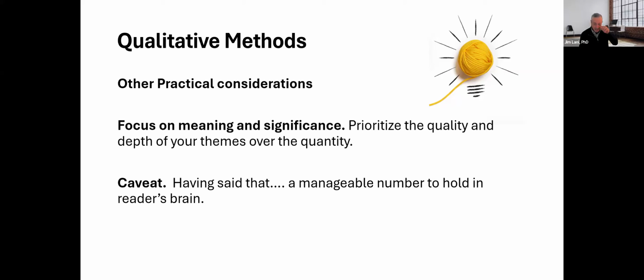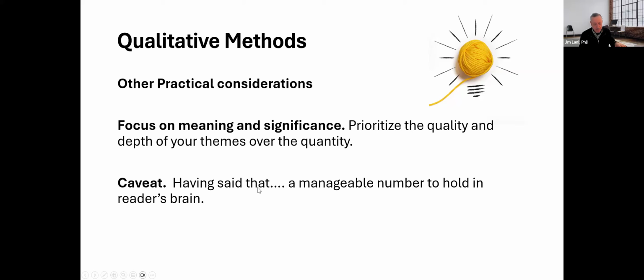A year. I got the process halfway through the year, but they wanted more and more. So I think a manageable number of themes, whatever that is. I guess it depends on the number of research questions, but